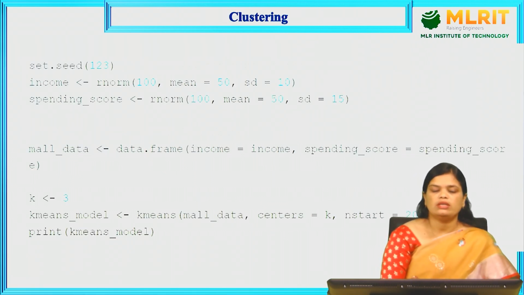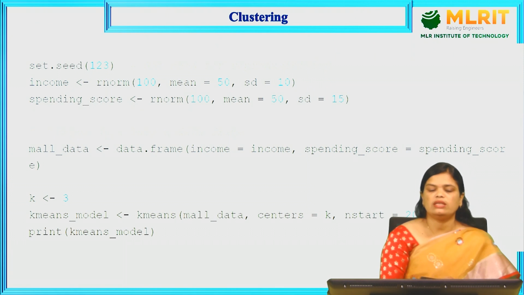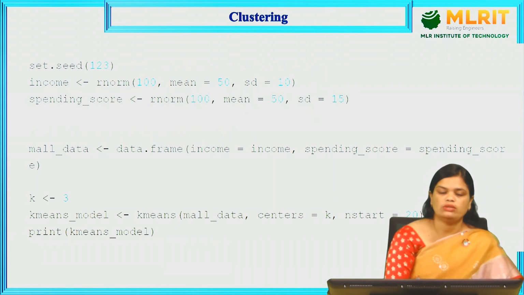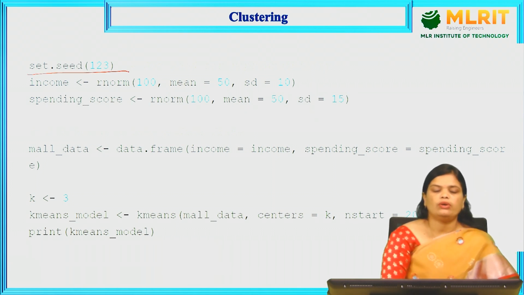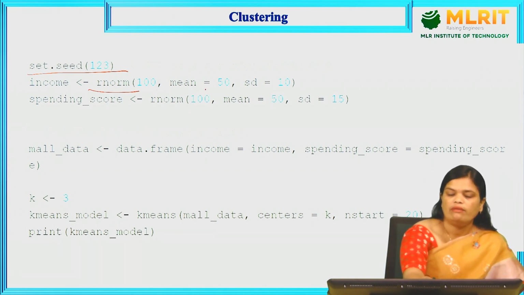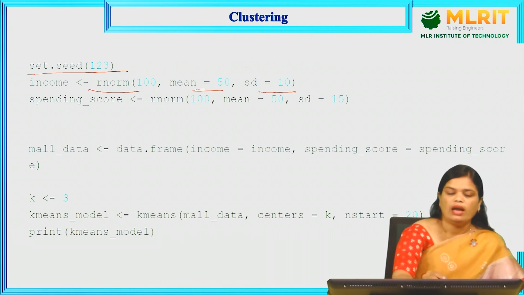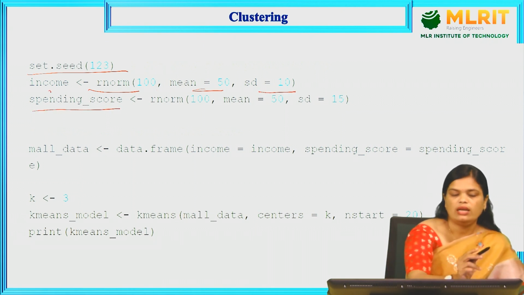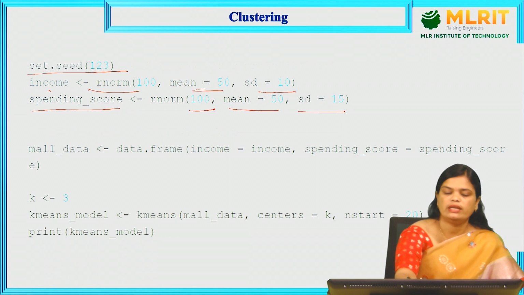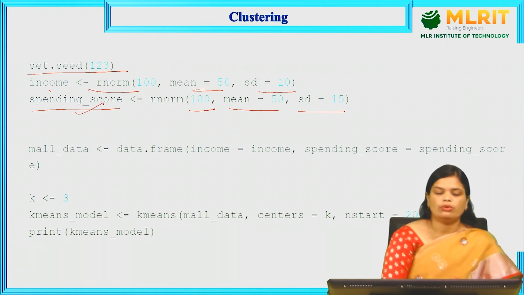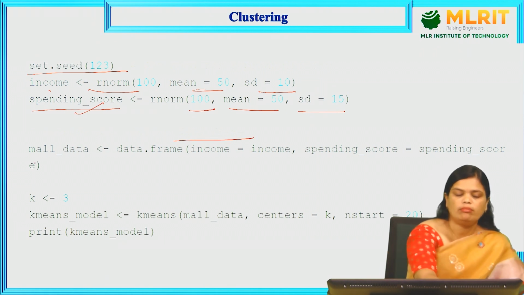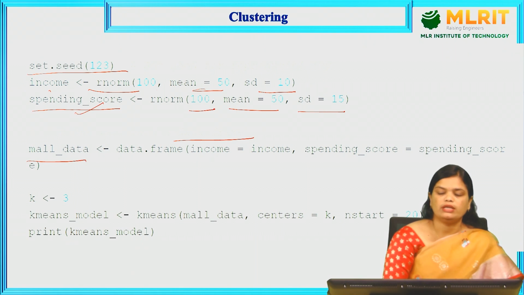Next topic we are going to discuss is clustering. In this clustering, for the visualization, if we have more data points, we get a proper visualization. So we are setting the seed to 123, and we are generating 100 random numbers with mean 50 and standard deviation 10, which are assigned to the income variable, and I am generating 100 data points with mean 50 and standard deviation 15. I am applying it to the spending score, and I am loading this entire data, income and spending score,